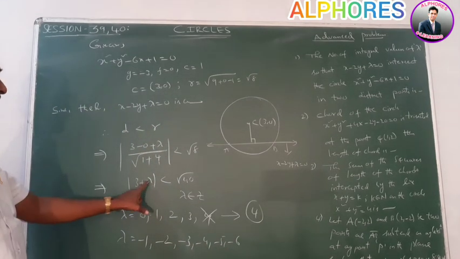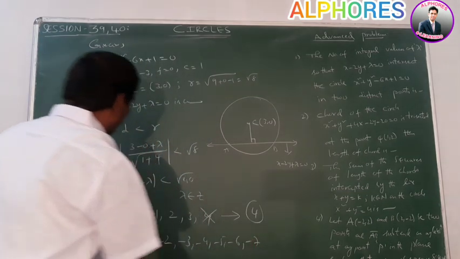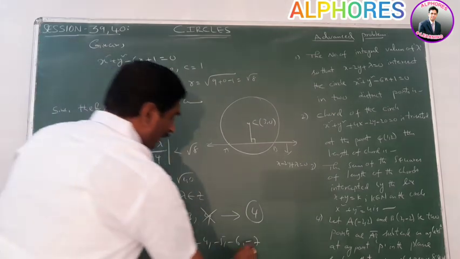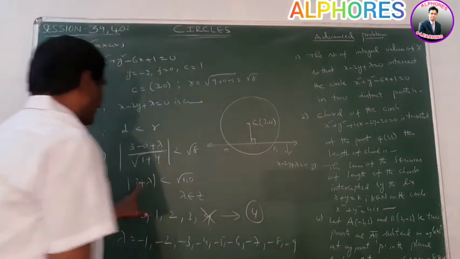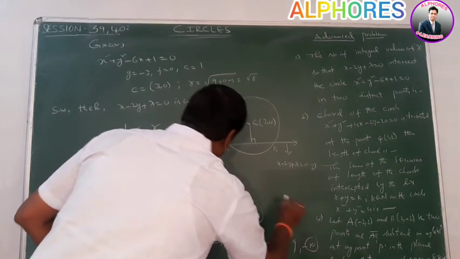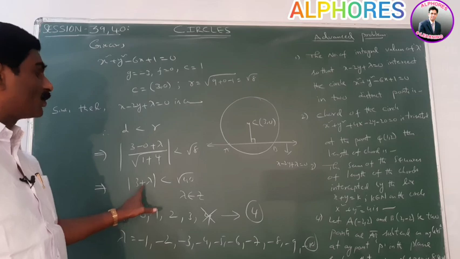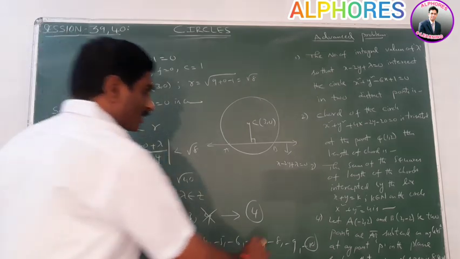At minus 6 we get this value is 3, root 9 less than root 40. Minus 7 is also true: minus 7 plus 3 means 4. Okay. Minus 8, minus 9. At minus 9 we get 6. At minus 10, minus 10 plus 3 means minus 7, mod minus 7 means 7, 7 means root 49. It is meaningless, so this value is not considered.